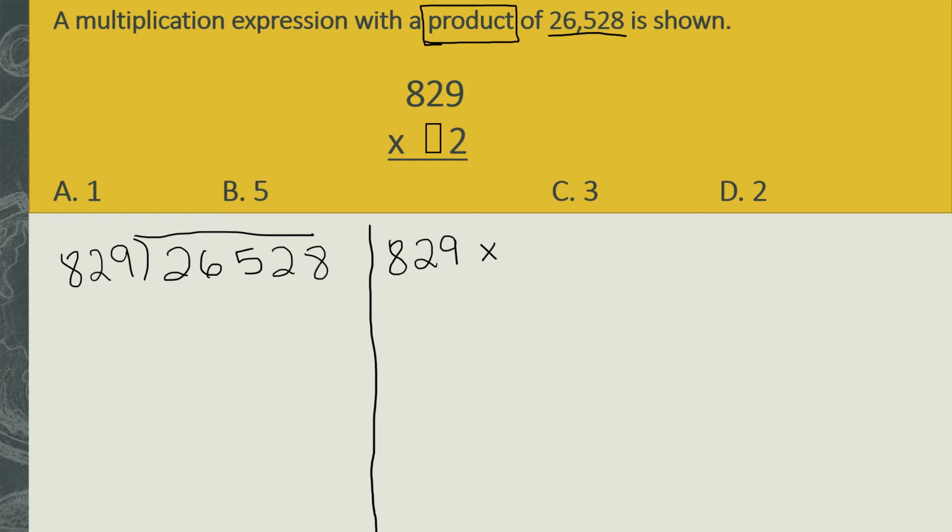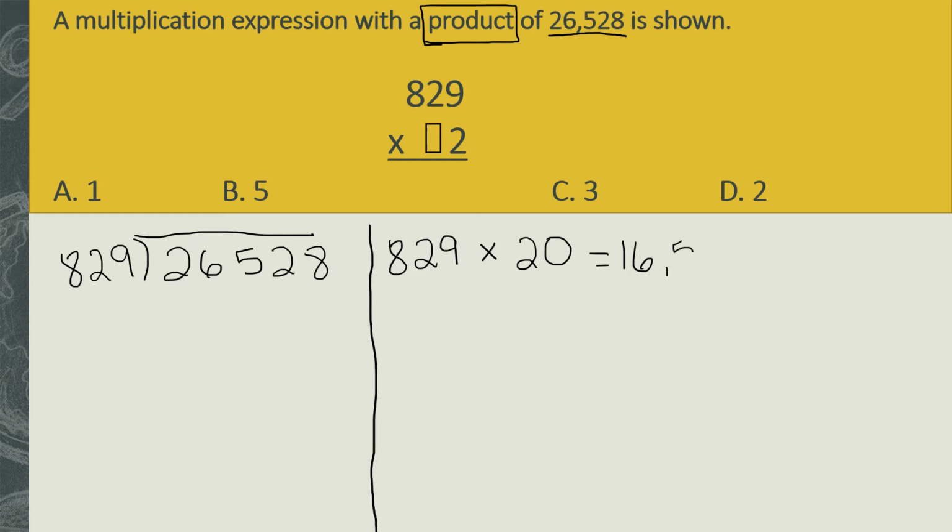Now, I like to find easy numbers to multiply it by to make my life a little bit easier. So I could either multiply it by 1 and get a really tiny number, by 10 and get a slightly bigger number, by 100 and get a number that's way too big, or I can use my little cheat sheet that I have off here to the side and know that I can multiply it by 20 and get a number that's pretty close. I know that 829 times 20 gives me